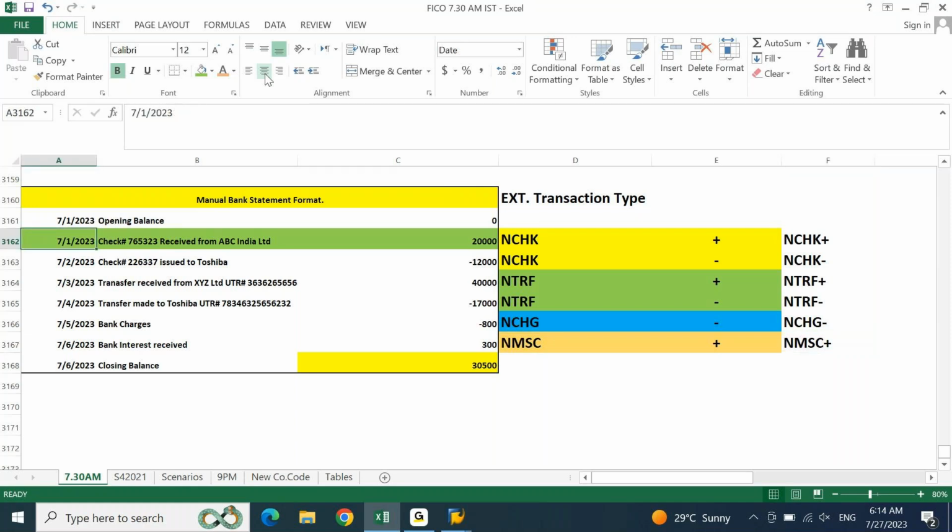Now first to test, we will be proceeding with this green line, check received. To test this check received, we need to understand which interpretation algorithm we are using for it. Let's say for this one, we are using